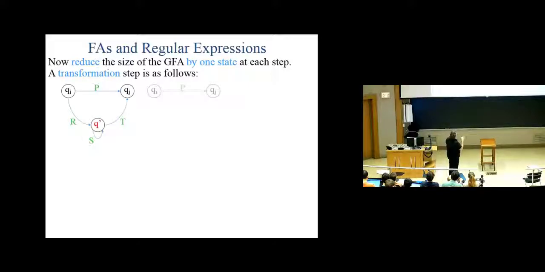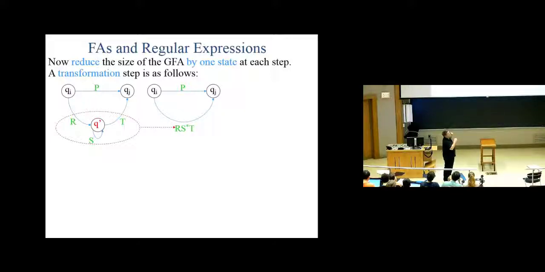So pick one of those triangles, and instead of going from here to here with a P and here to here separately with an R here, an S here, and a T there, these letters denote regular expressions of whatever these arcs are labeled with right now. They just denote the regular expressions that happen to be on the arcs at this moment. So instead, collapse this arc and this state into a new arc, saying it's equivalent to going here R once,